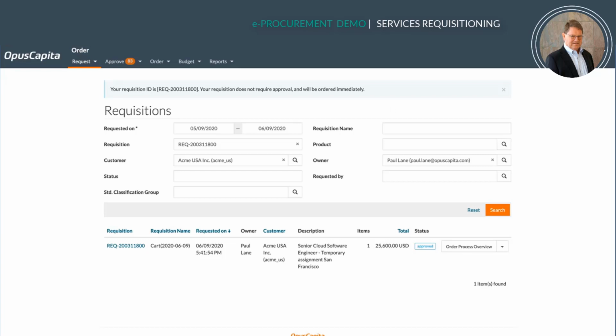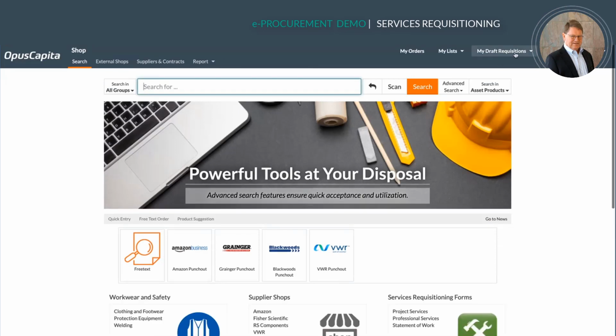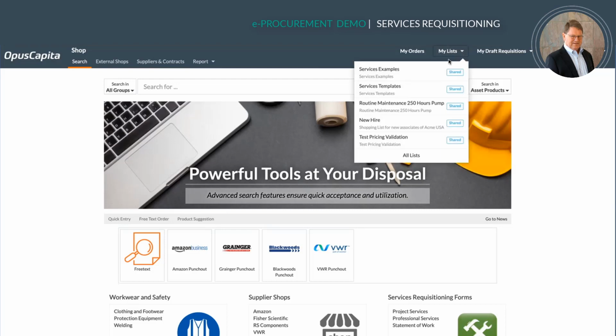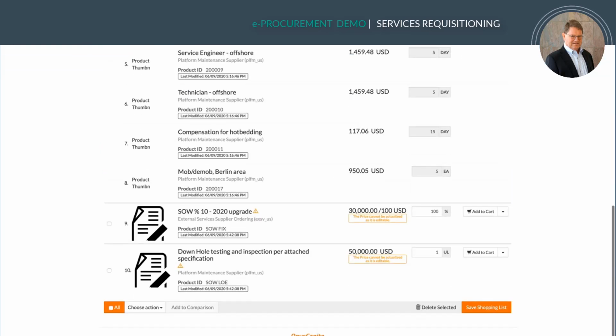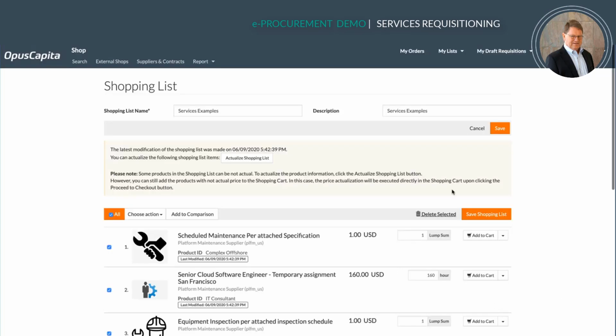The next example I'm going to show you is a statement of work order. And this is something I do a lot. What happens is that I work with my customer, and we agree on a written statement of work. Once we have a statement of work, you always have to send that statement of work to procurement to get a purchase order